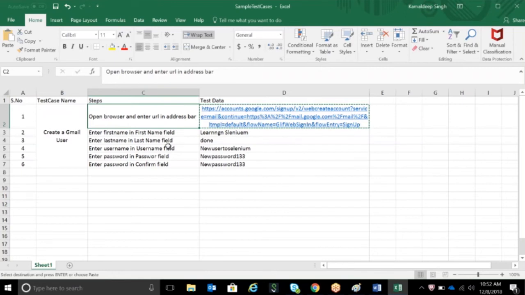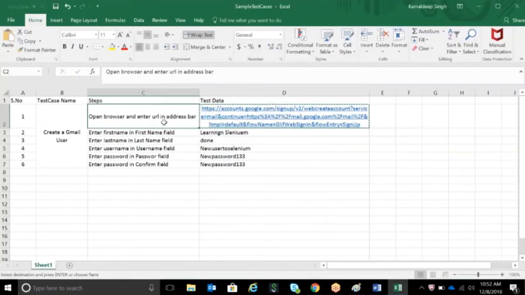So they want to test with the valid one, not with the invalid one, the dummy one. They want to test it with a real one. So in that case, that test data will be provided by the dev team, or by other folks, or by the manager, because we don't have it. But in this case, it is a dummy one. We can create anything, whatever we want. Right?